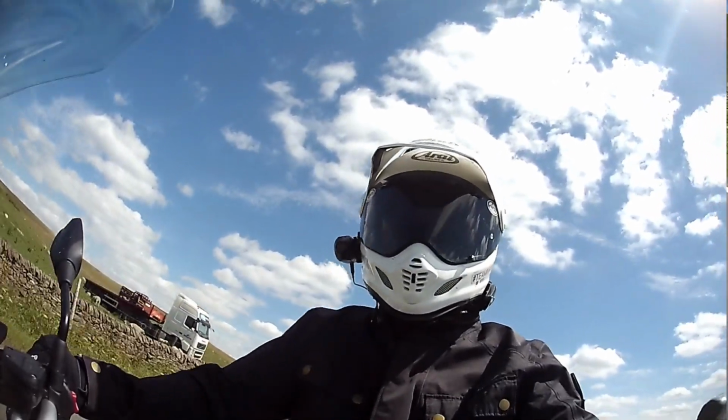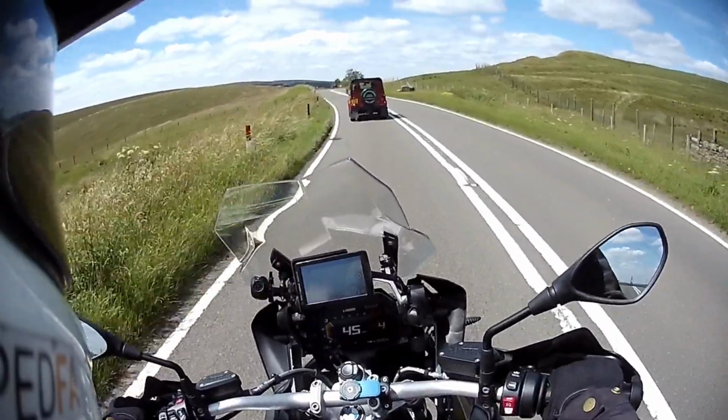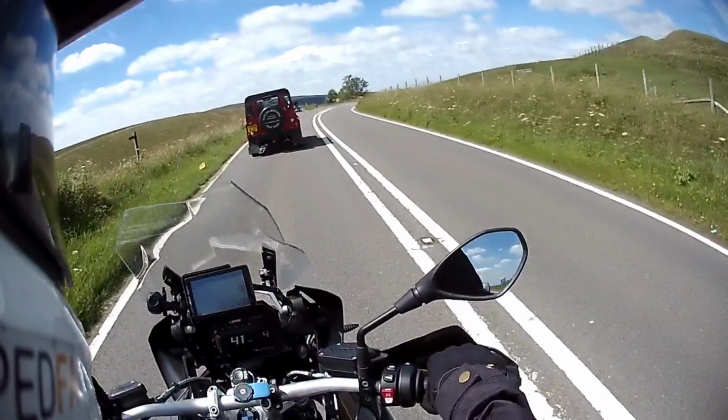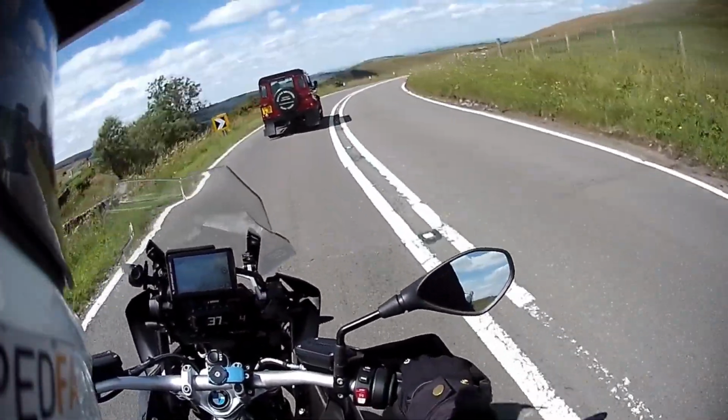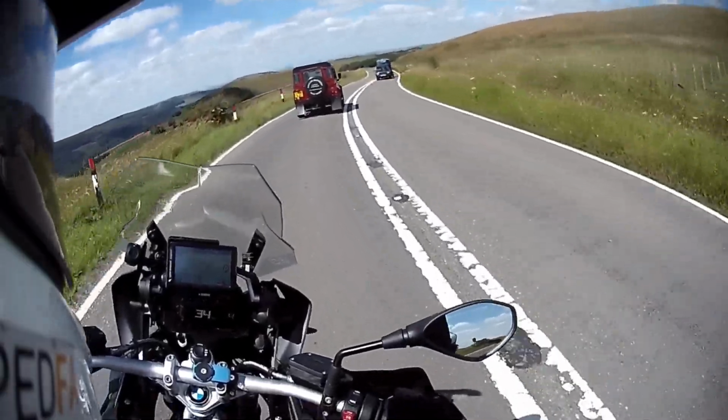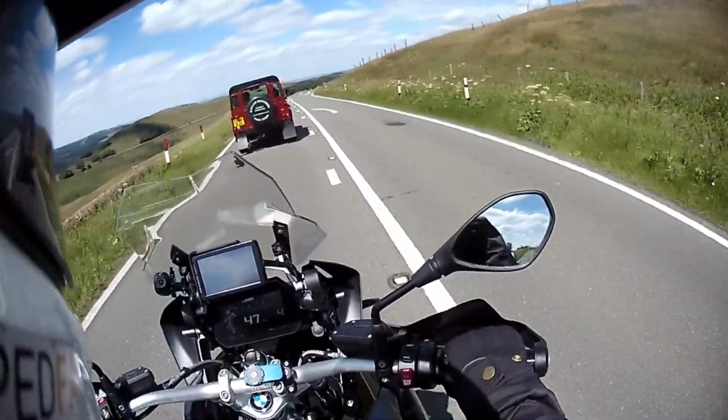But, you know, the old adage, you get what you pay for, always springs to mind. And I love this bike. I love what it can do, and it always makes me smile. And I'm happy to pay the price for that. Only gets a bit frustrating when you